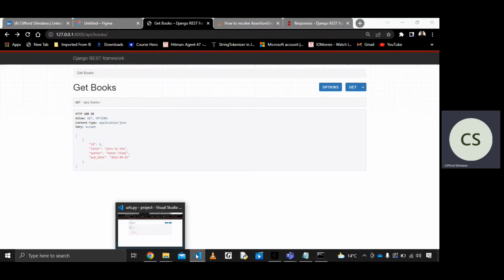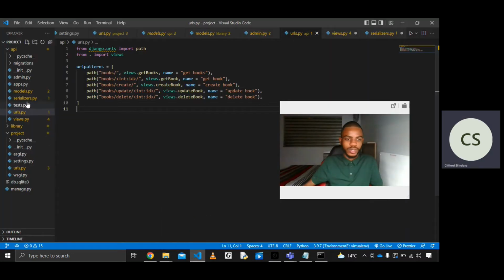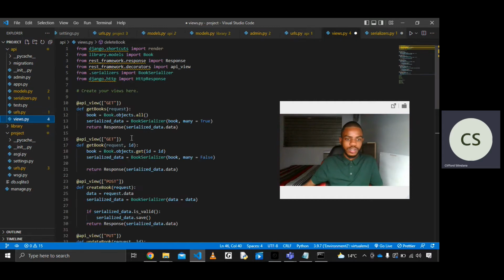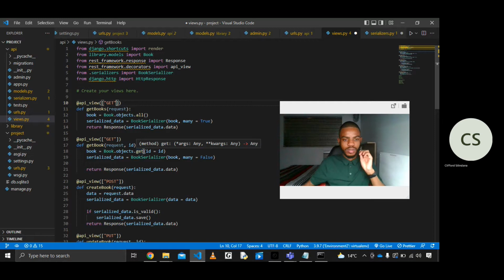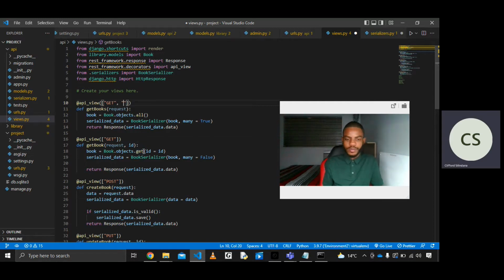So now, given that we put in a decorator after every function that tells us the method, we can access the method. Okay, so given the fact that we put in a decorator that specifies the method that we want to use, this we can